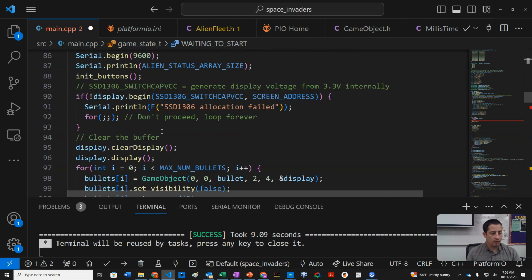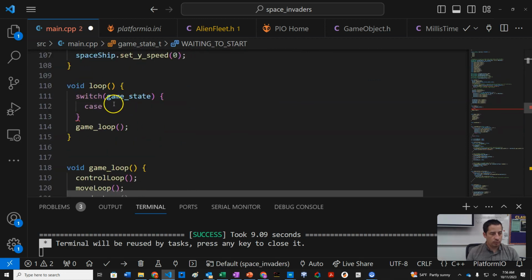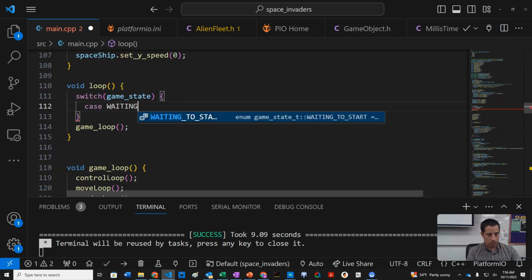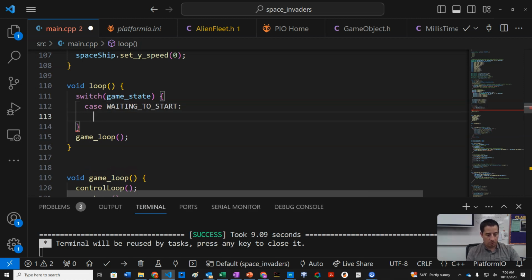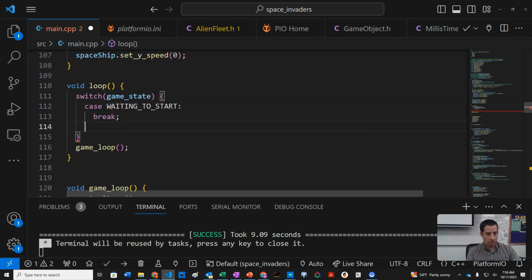So we have case waiting to start, then a colon, and then a break. Then case game on,